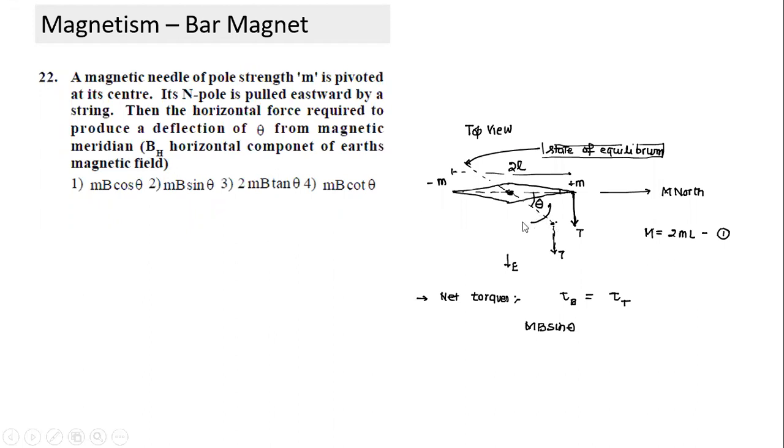What is not given in the question? I think with this question I wanted to bring one more point. I hope some of you will appreciate it. What should be given here? Does this tension always remain the same? There are two ways I can ask the question. One is that the tension always points towards east, so the direction of T does not change. The second case is that T always remains perpendicular to the needle. In both cases I'll get a different answer. So what are the two possible cases? One is T constant in magnitude as well as direction. In that case, it will have a different torque.